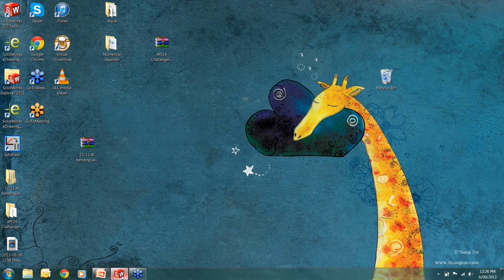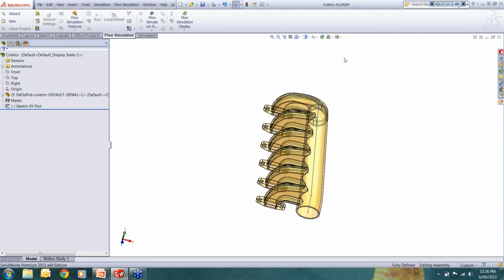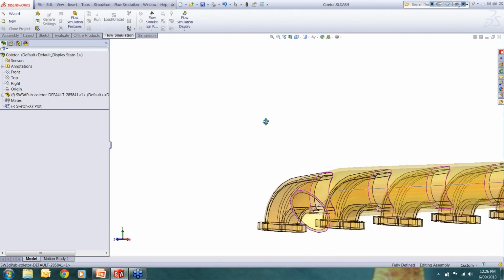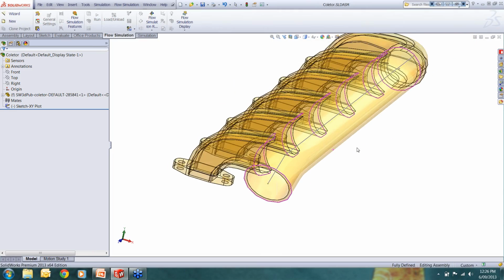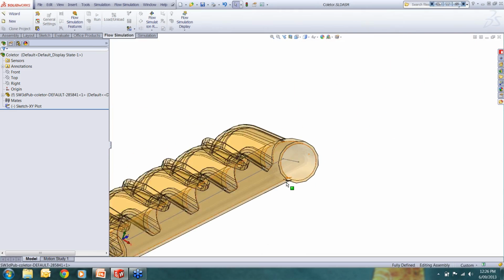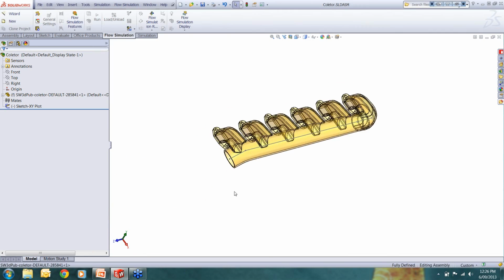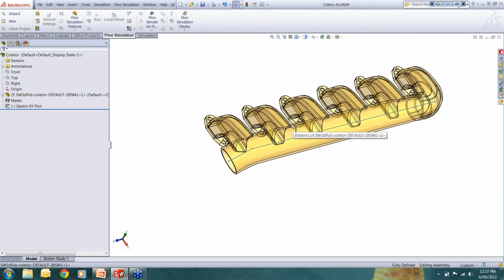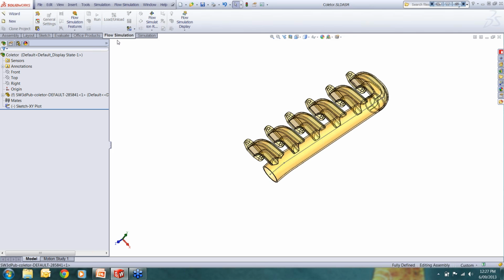Alright, so let me bring the case study here into the screen, and here it is. You can see the manifold assembly where we have a single entry and we have 6 exits. As we said, the first step is how we create a lead. If you activate your Flow Simulation tab,